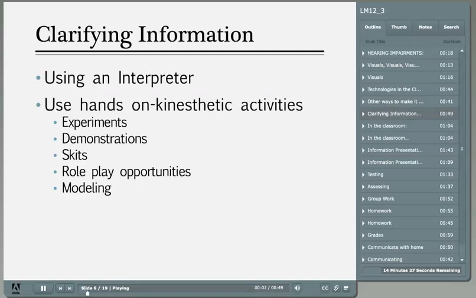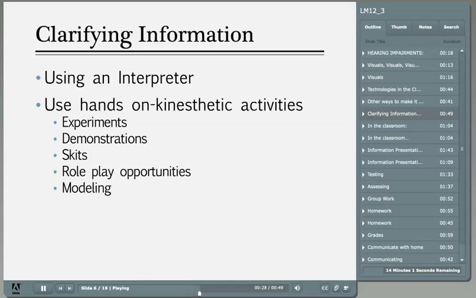Making your message more clear may be possible by using a certified sign language interpreter whose job it is to take verbal language and translate it into a visual one. Even students who are deaf and hard of hearing with little language can greatly benefit from the use of a sign language interpreter. Finally, the more hands-on and kinesthetic classroom activities are, the more engaged and conscientious a student who